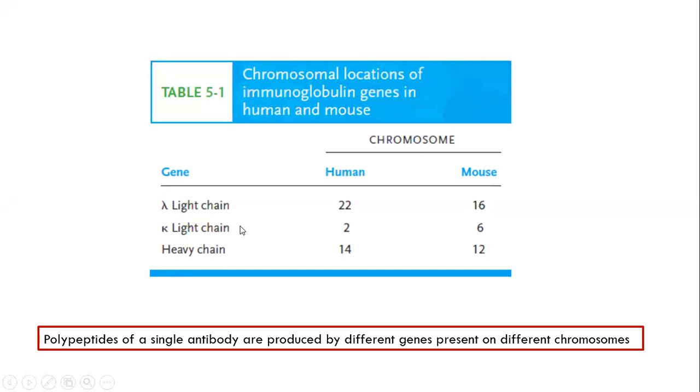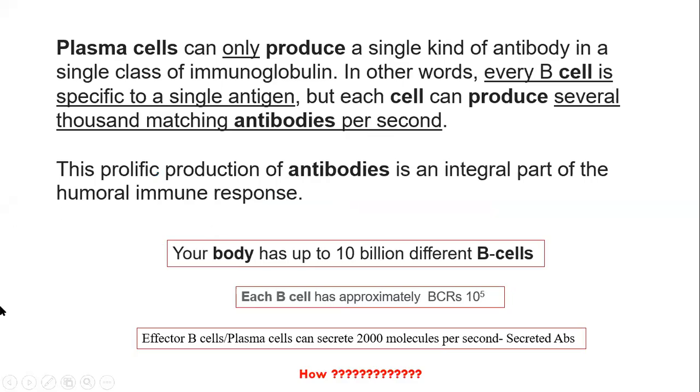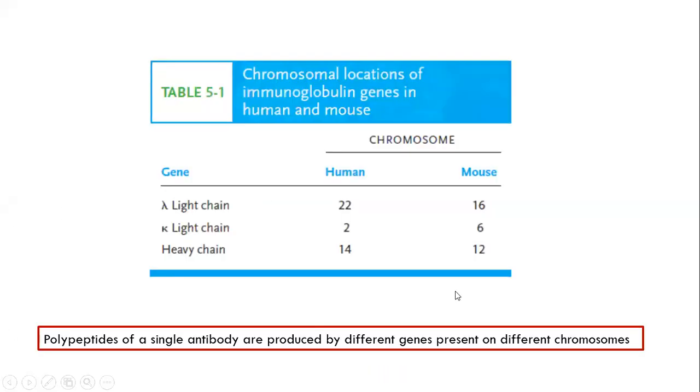Again, heavy chain and light chain should combine. So there is a distinct process mechanism that shows up in B cell development. We will talk about it in further slides. But remember that it's coded by two genes. H is a different gene and L is a different gene. Again, two genes for the isotype. So you are just talking about the chains here: one heavy chain, two light chains, three polypeptides or three proteins.